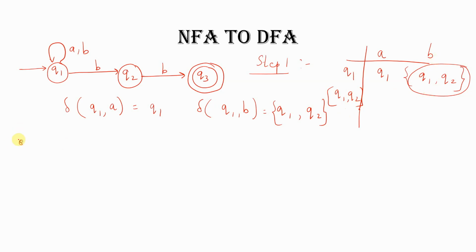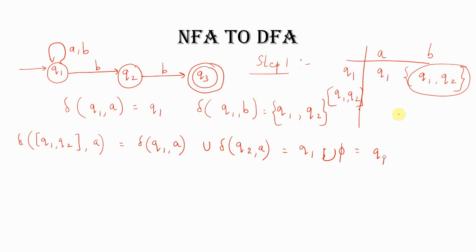I represent it as delta of Q1, Q2 on A. This will be equal to, you just separate this component: delta of state Q1 on A union with delta of state Q2 on A. What is delta of Q1 on A? Delta of Q1 on A is Q1, union, you can write this as union, Q2 on A is nothing, so I write it as phi. So the final value over here is Q1. So this value is Q1. Then compute